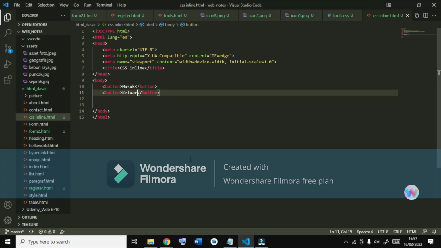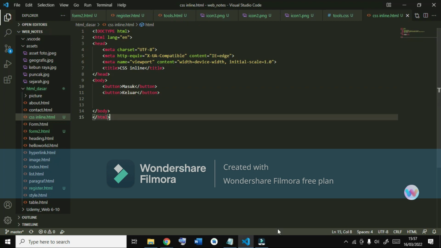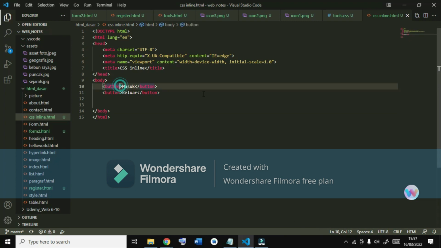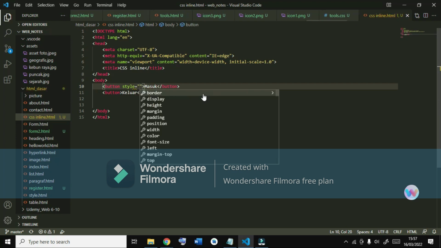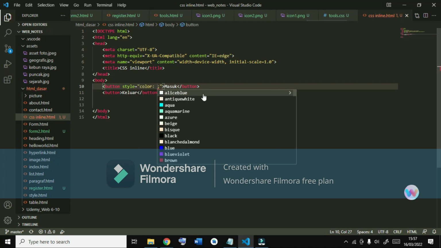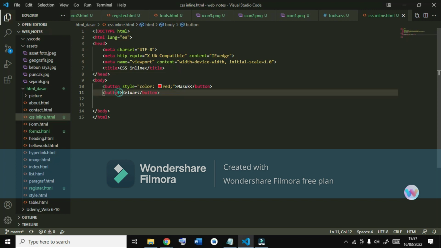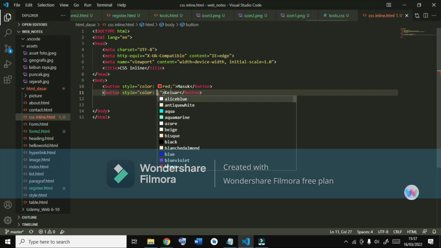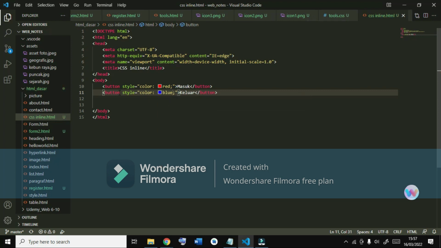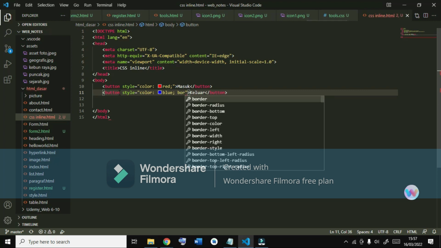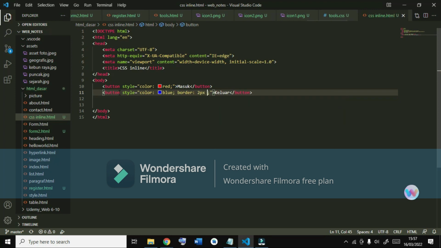We can change the style of the two buttons above by adding the style attribute directly like this. To the first button we add style color, for example red. To the second, style color, for example blue, and a border of 2 pixels, solid, and green.